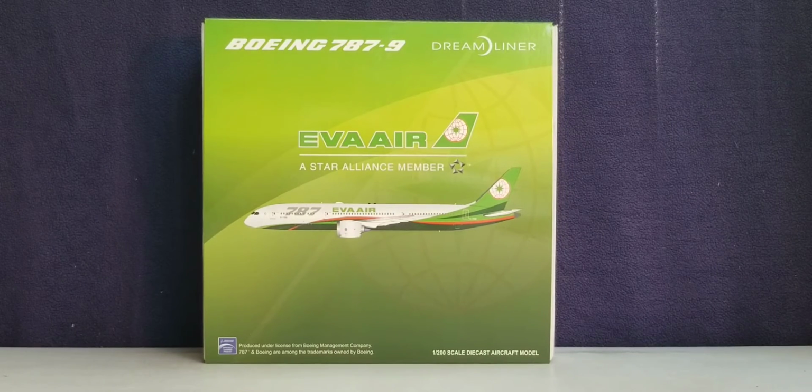And in addition to the 87 aircraft that currently operate in Eva Air's fleet, the airline also has unfulfilled orders for an additional 16 more aircraft, which includes 4 more Boeing 787-9s as well as 9 more Boeing 787-10s. And those aircraft, as we speak, are currently on back order and are awaiting delivery at the time of this